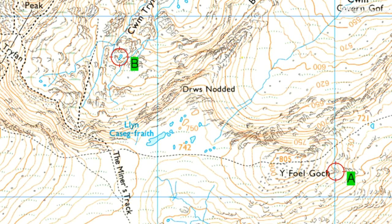We've got a route choice task today. This is from Snowdonia. We're using the Ordnance Survey 1 to 25,000 map. So the question is, what is the best route to get from A here to this little water feature here at B? So taking into consideration ease of navigation, safest route, quickest route, and things that are going to help you along the way,